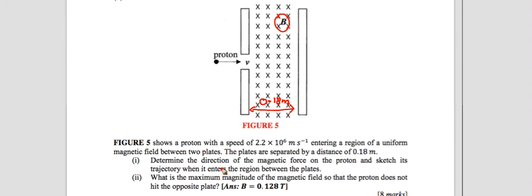Number 1, find the direction of the magnetic force on the proton and sketch its trajectory when it enters the region between the plates. As you know, when the particle or proton enters the magnetic field region, we have the combination of the magnetic field B, the speed of the particle, and we have a force F on the proton here. So if you use the